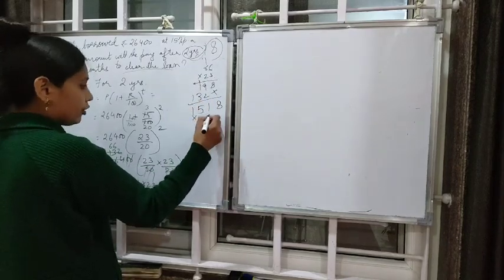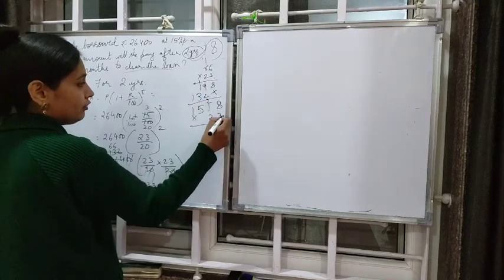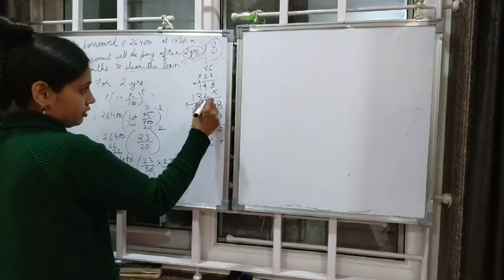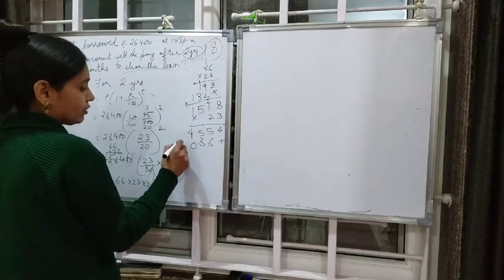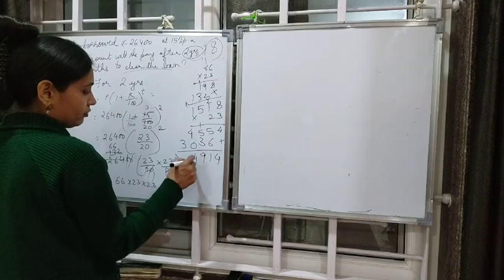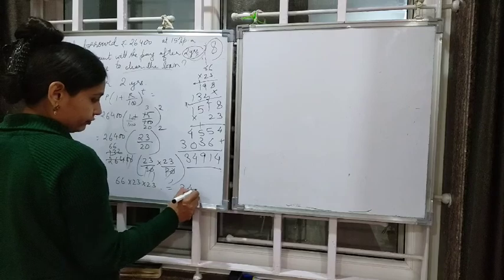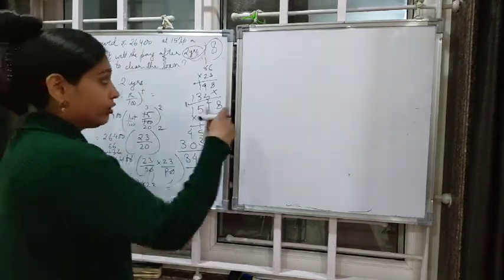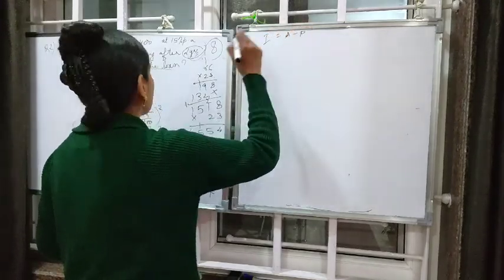Now multiply this by 23 once again. 3 8s are 24, 3 1s are 3, 4, 5, 3 5s are 15, 3 1s are 3, 4, 2 8s are 16, 2 1s are 2 plus 1, 3, 2 5s are 10, 2 1s are 2 plus 1, 3, 4, 11, 4, 3. So I hope this is your answer. Okay, now what did I say? Take out your interest from here. So interest is what? A minus P. So what is your A?